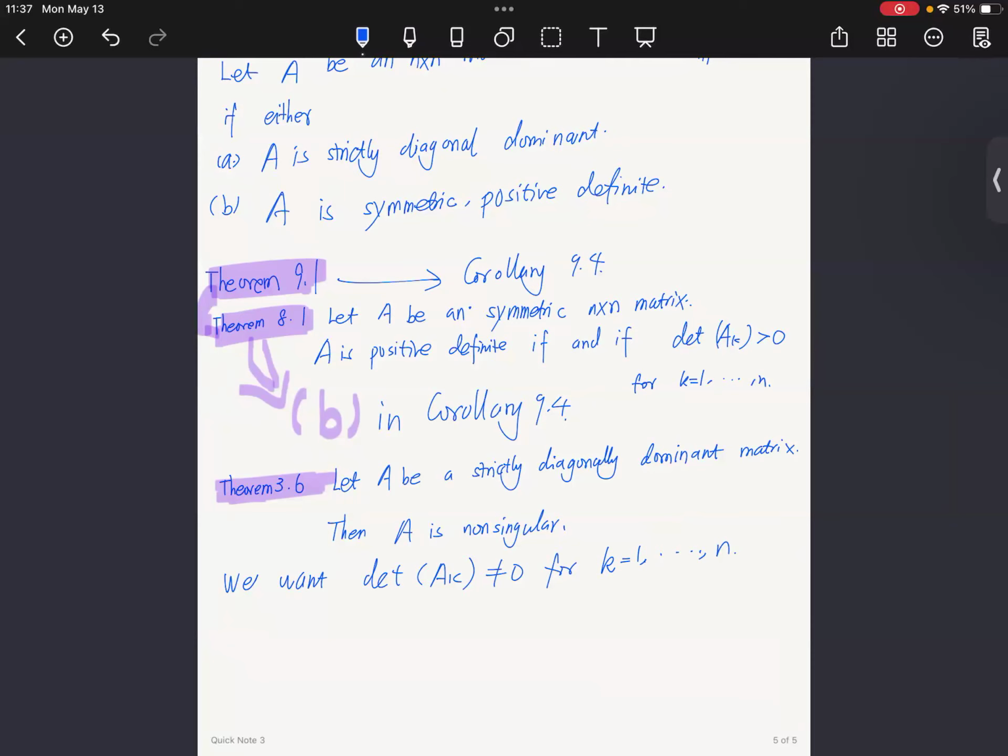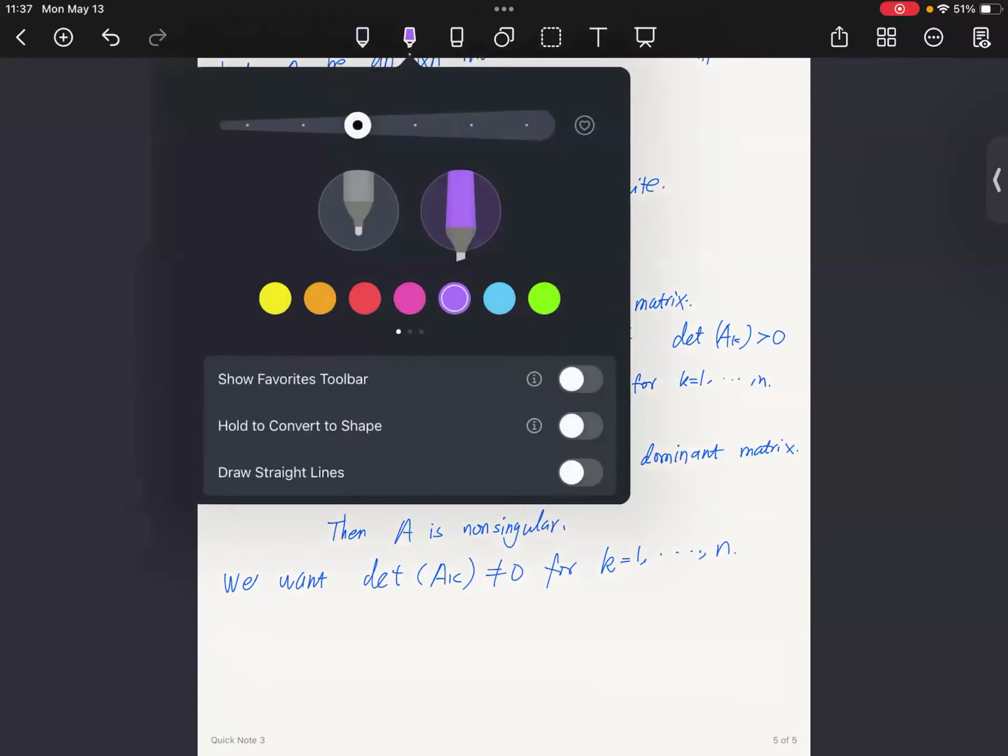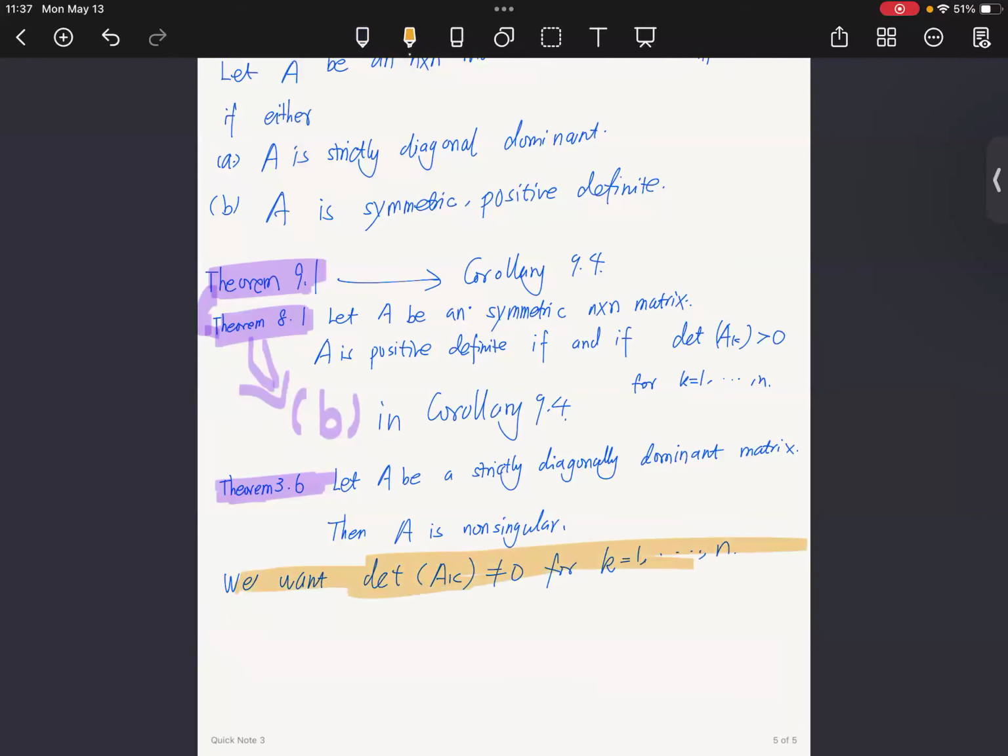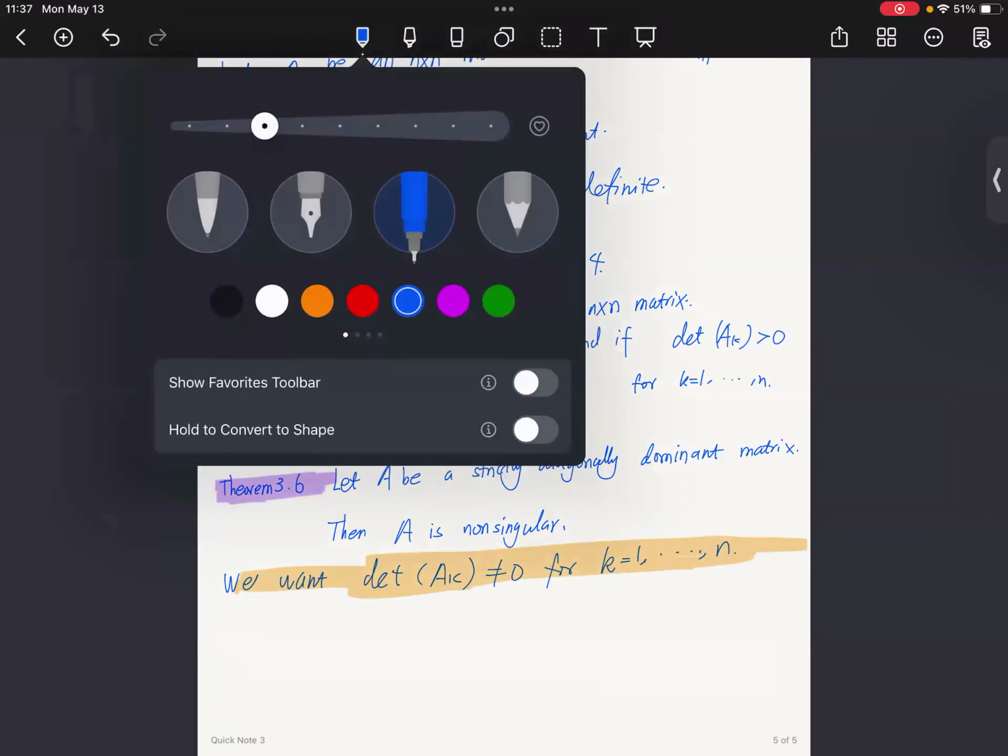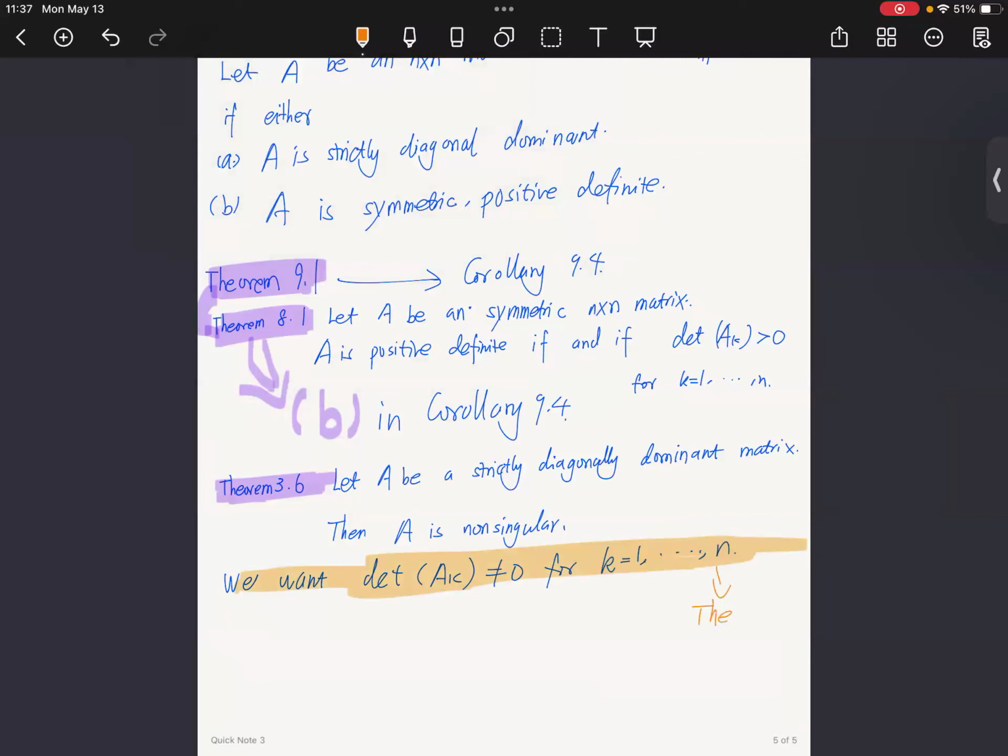This is the criterion from Theorem 9.1. So how can we go from Theorem 3.6 to this condition here in Theorem 9.4? We want to prove that a strictly diagonally dominant matrix satisfies this criterion. This is really simple, because it's a strictly diagonally dominant matrix, which means that for each row you have,